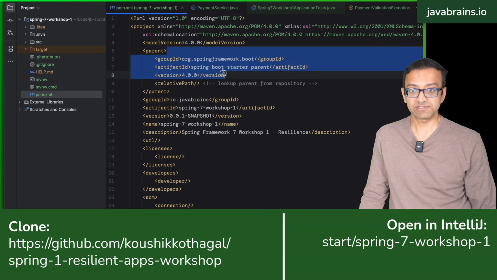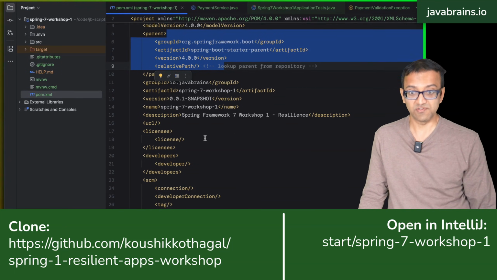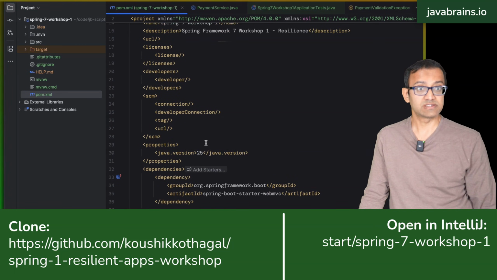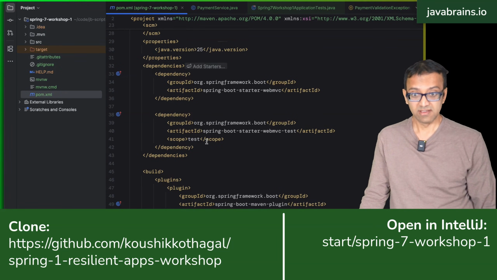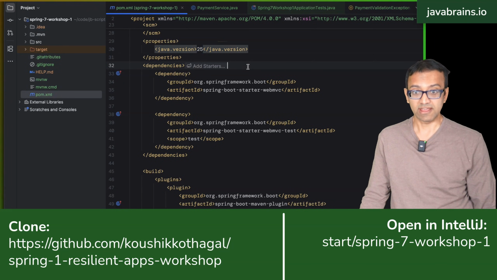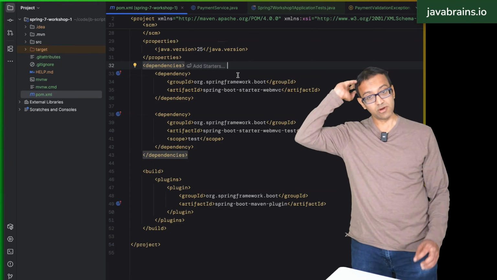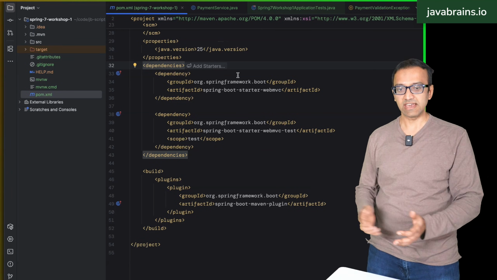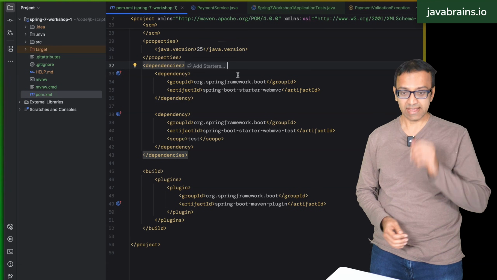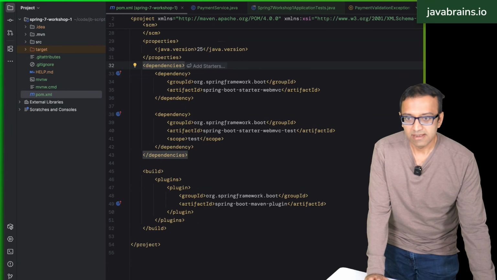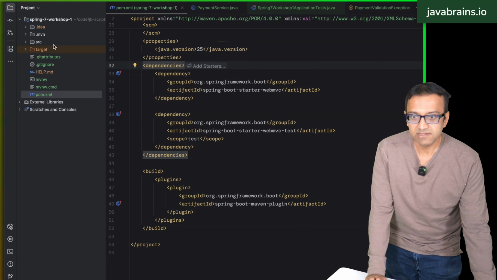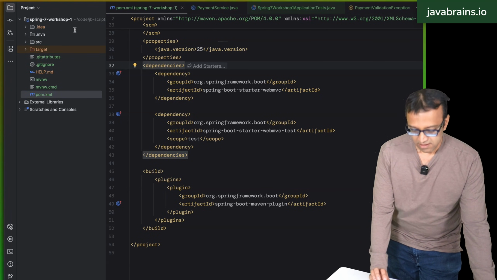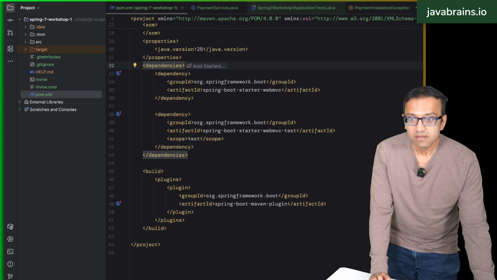We are using Spring Boot Starter version 4.0, which is very recently released, and we are using Spring Framework 7, which is also recently released, and it is using Java 25. So first, make sure you have Java 25 on your system, and you have it configured, or you have the SDK in IntelliJ. I'm going to paste the link again for the folks in the chat. This is the one. Clone the repo